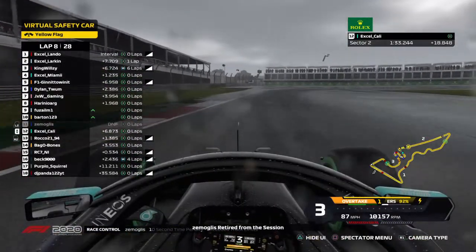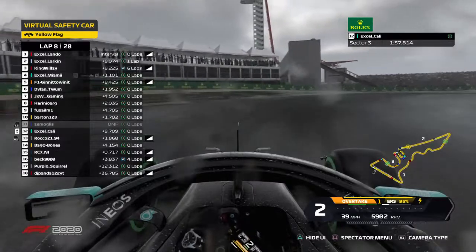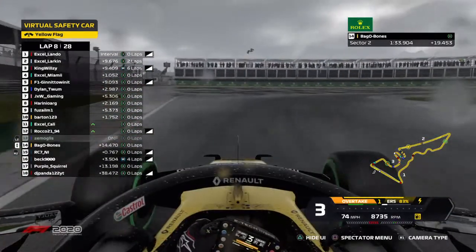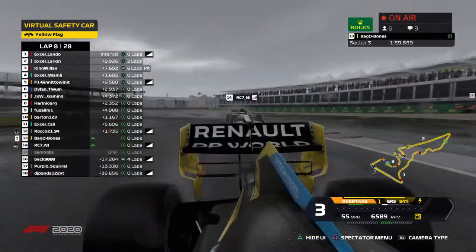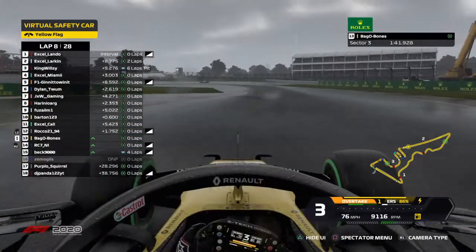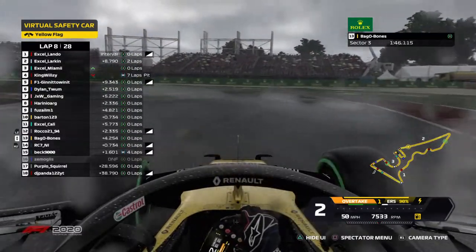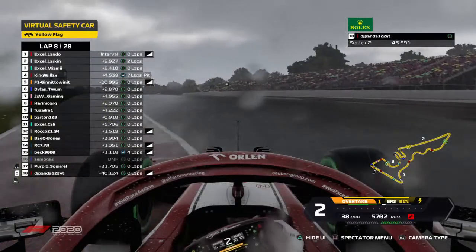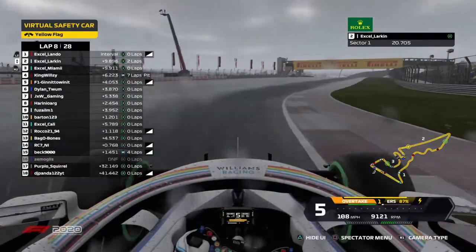Zamagos is off. He's out of the race. Not exactly sure where that happened. How did he... what? I'm very confused, but we have a virtual safety car. He's put it in the wall somehow. Yeah, I'm not sure how that one...